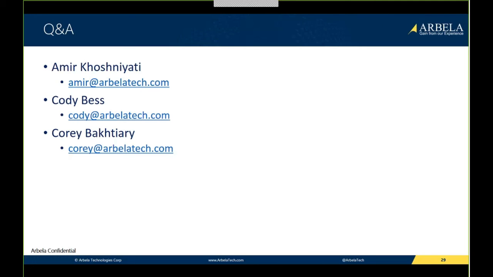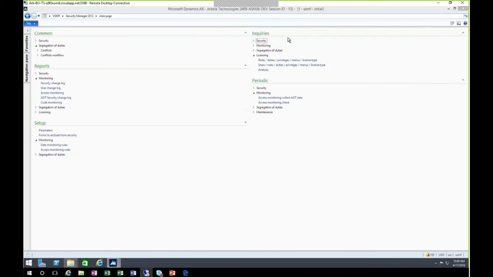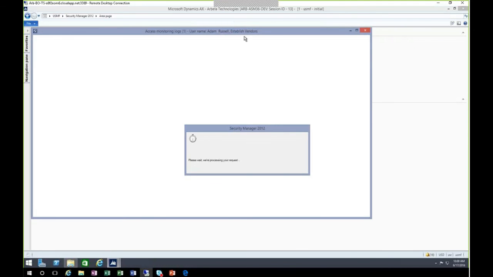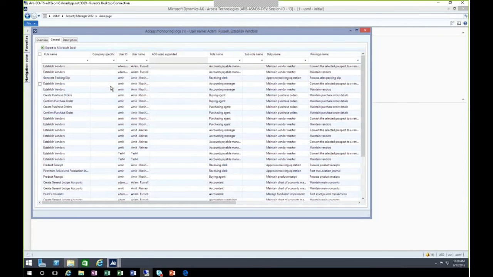Yes. So this one relates to how you use the access monitor to view, basically, for the example was the customer information. So I'm just going to pull up the inquiry and see if that answers the question. And Amir, can you reread the question so that I can basically pinpoint the answer? Sure. So from the access perspective, how can we report which user or users have access to customer vendor item master or specific access to menu items, such as creating invoices or approving invoices? Yes.